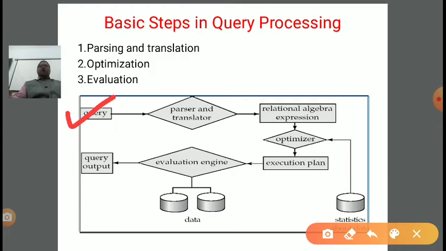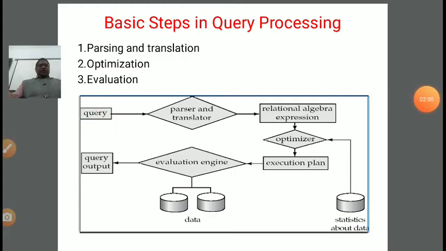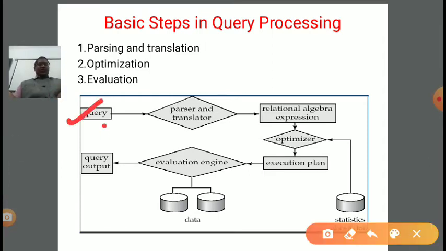Okay, after that what happens? If you want to select customer name from the customer relation, then select customer name from the relation customer, right? Now if you want to apply some condition, then we can add one more clause, that is the where clause for the condition. So initially we have a query, the first step.